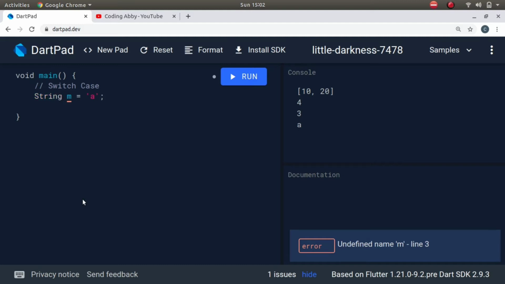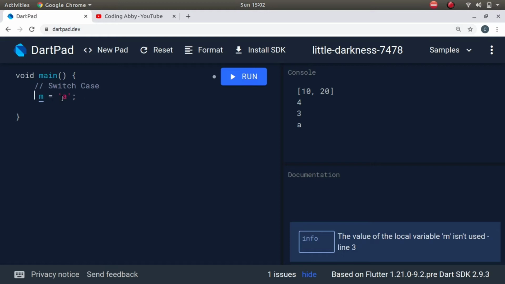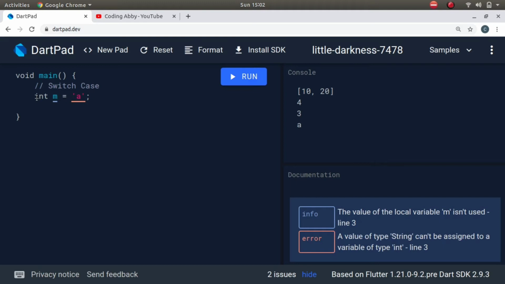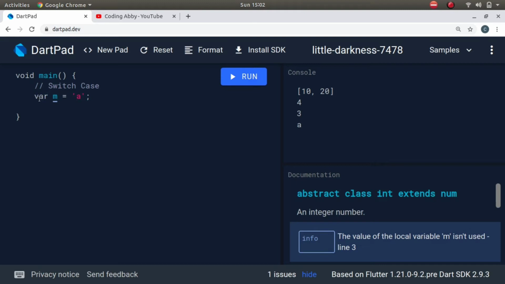If this m would hold a value of 10, suppose, then I would erase it and make it hold a value of type integer. So the where keyword is something which came from, I guess, JavaScript.